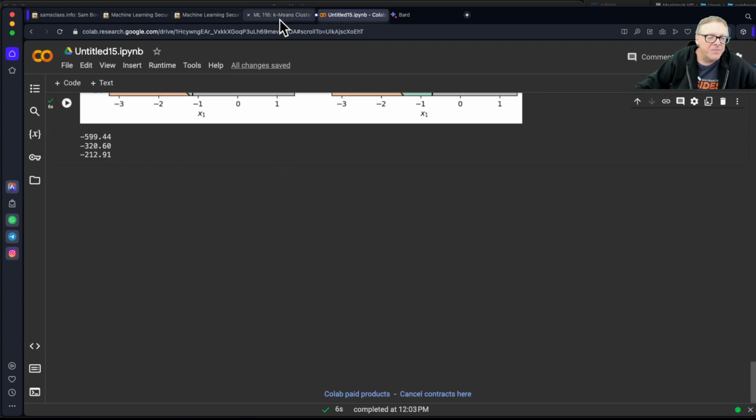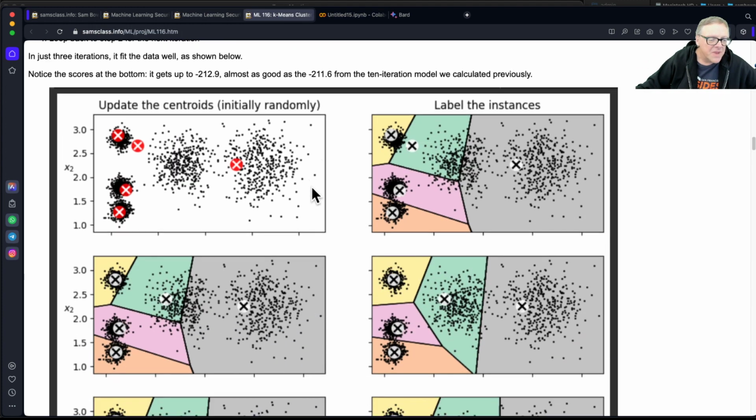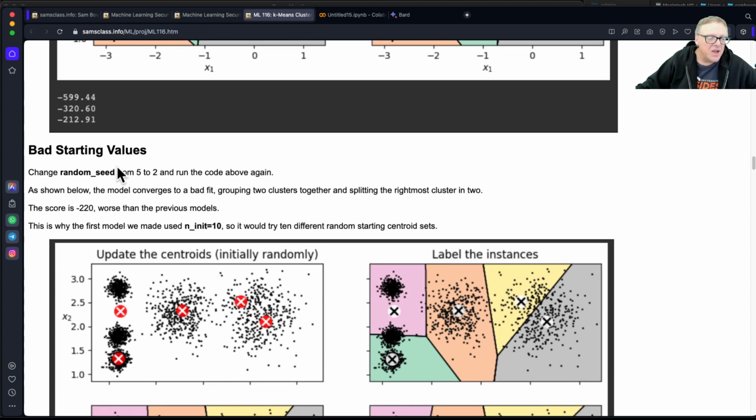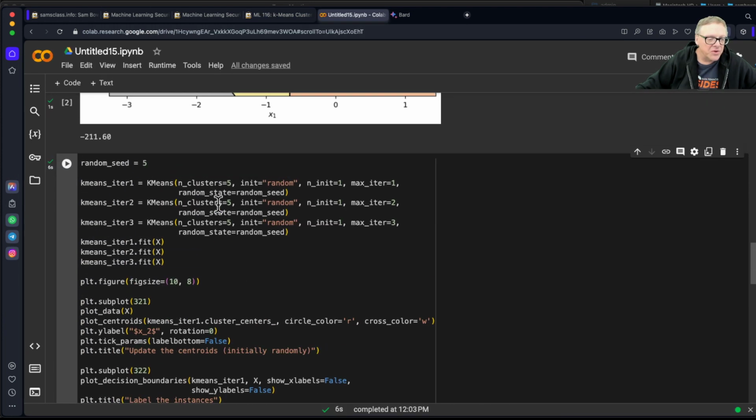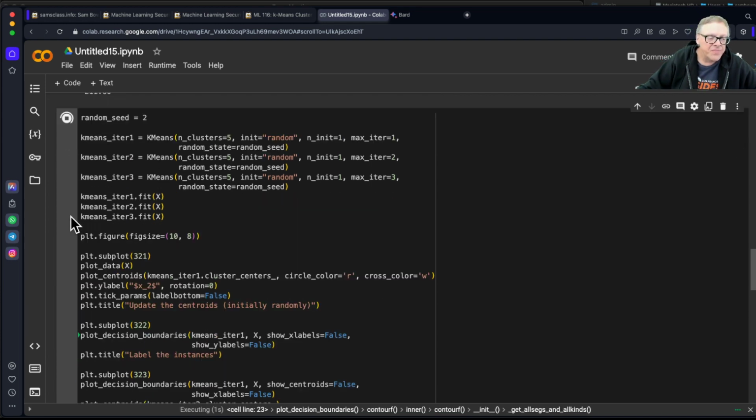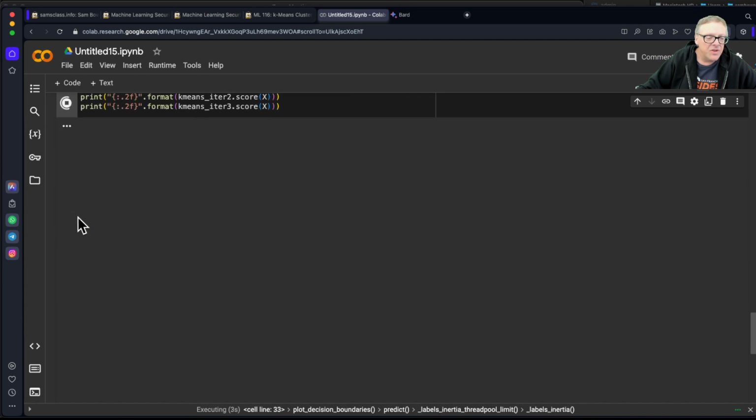That's what it does, and it's quite effective. And now we can see, I think, examples. If we change the random seed to 2, then we'll have bad luck. I just tried random seeds till I found one that failed, of course. But if we change it to 2, then it's going to get different random starting values. And you'll see, if the random starting values are way off,